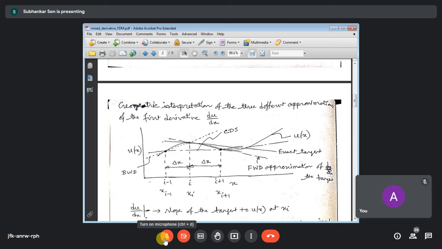You know that in central difference, you have to use the forward difference and the backward difference. It means that you have to go by the same extent on the right side and also on the left side. So by delta x you are moving to the right, and by delta x you are moving to the left. When you join these 2 points, you get this curve, which is not passing through the point of interest at all.